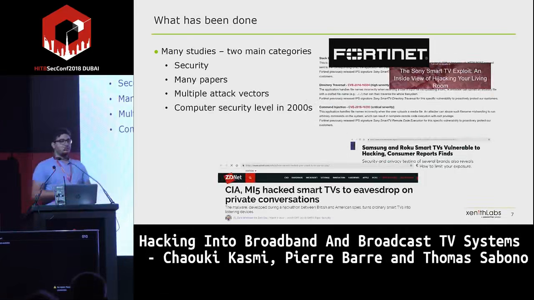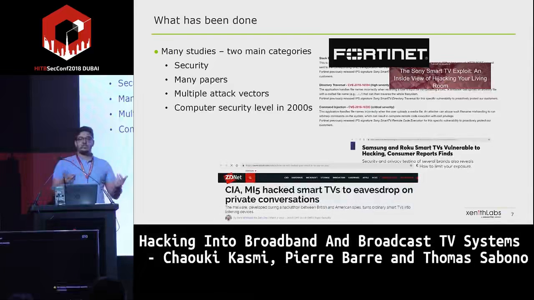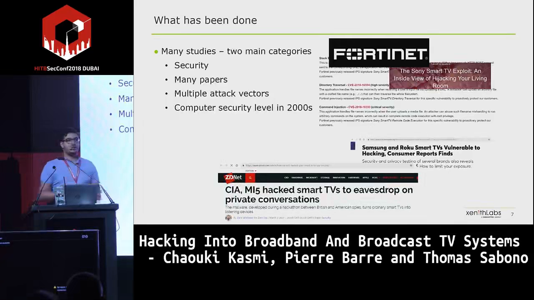Concerning the security issues, as you may have already seen during the Vault 7 leak, intelligence agencies have a lot of interest in smart TVs. And a full exploit was described in the Vault 7 documents, where it was shown that the CIA has a full exploit running when they connect the USB key to Samsung smart TVs.